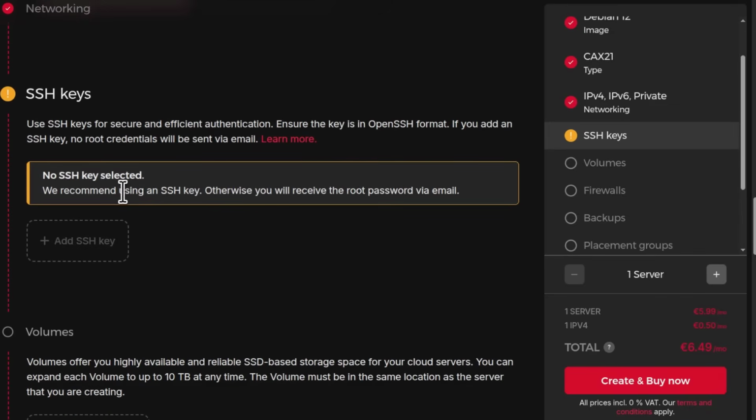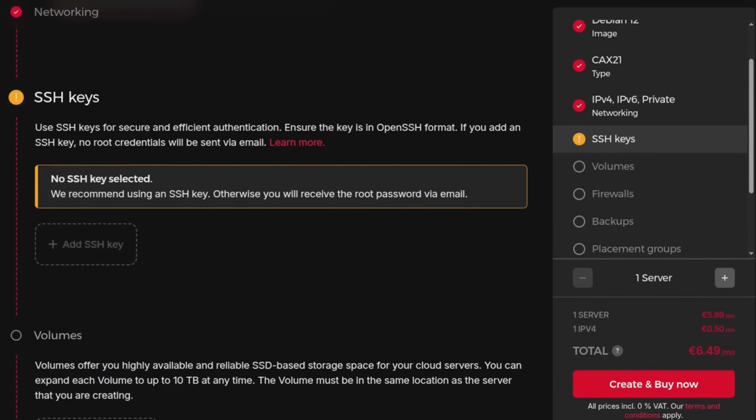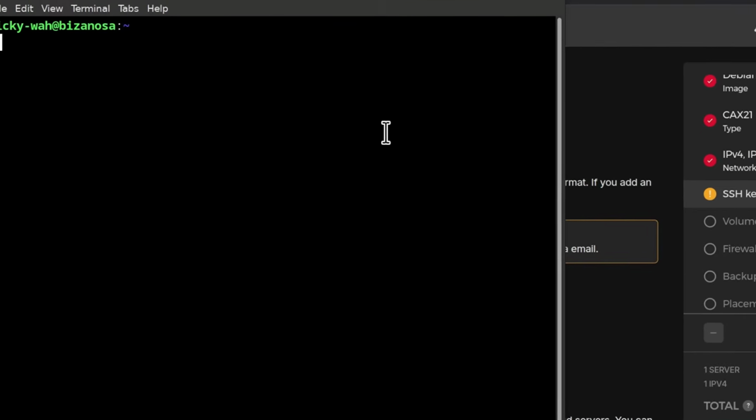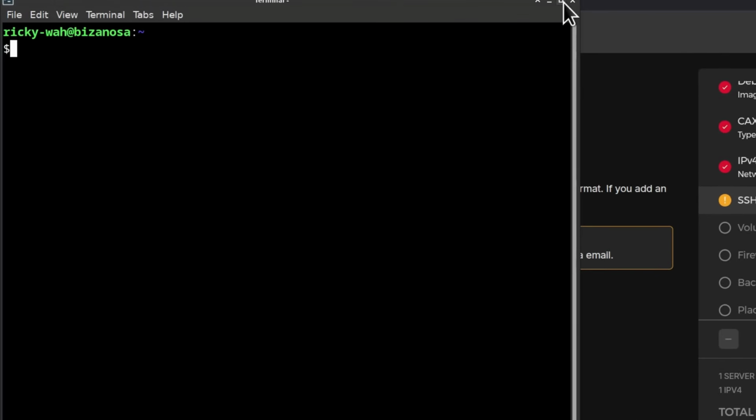And then SSH keys, this is an important one. This is what I actually recommend that you use for logging in. So let's see how to create an SSH key and add it here. So I'm going to go to my terminal. So if you're on Windows, don't sweat it. You can go to